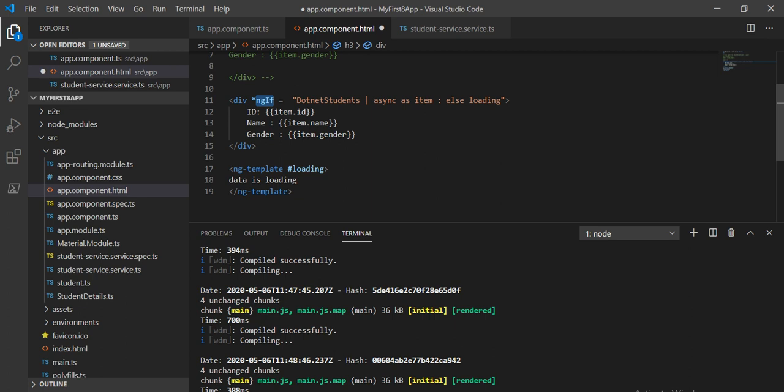Here basically a colon will not come, it will be a semicolon. Now here we have written ng-template loading, so until this data loads, one text will come, data is loading. It's like a progress bar.